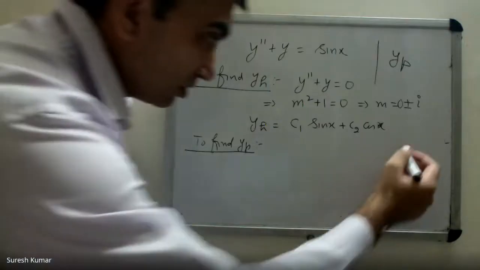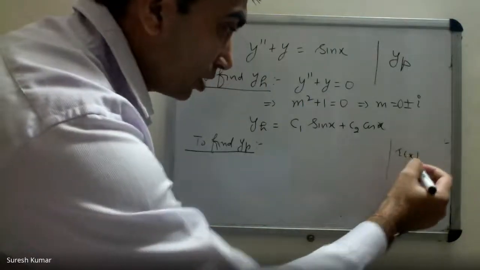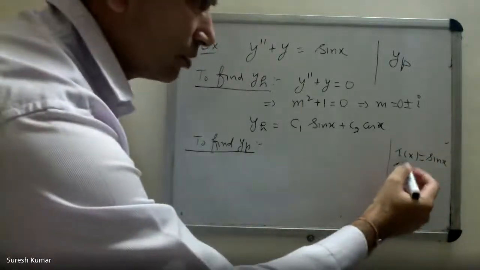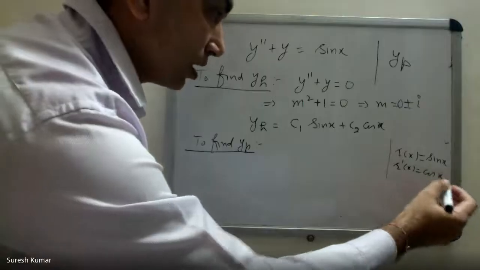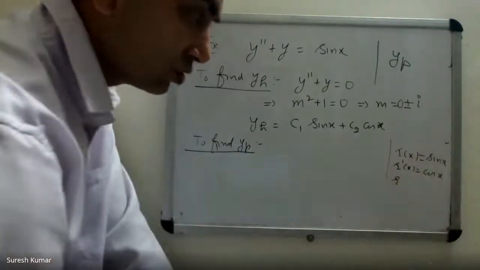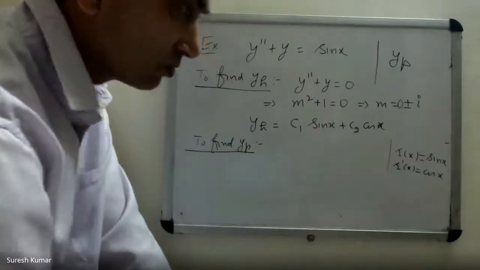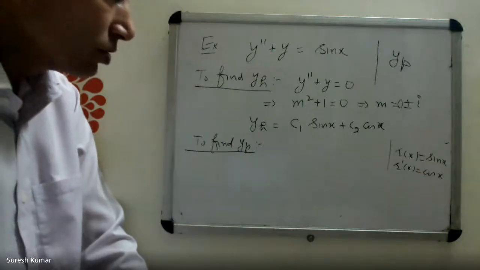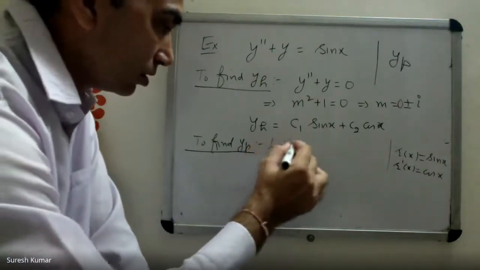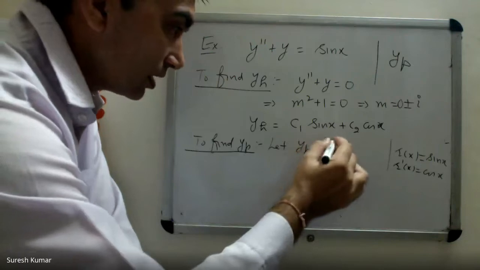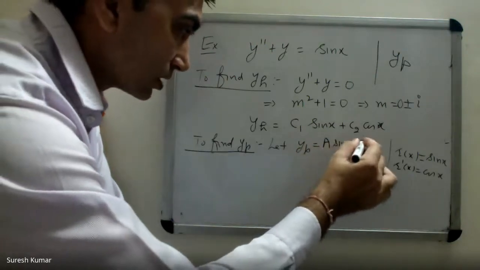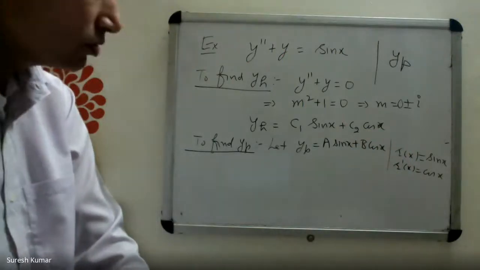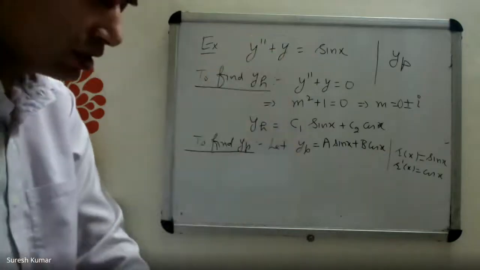How to construct yp in this case? Look here, R(x) is sin x. So R prime x is cos x, R double prime x is again sin x, so no need to write further. You are seeing that by taking derivatives of R(x), you have only these two different functions. So we will assume yp equal to A sin x plus B cos x. Substitute it into the given equation and see what you get.